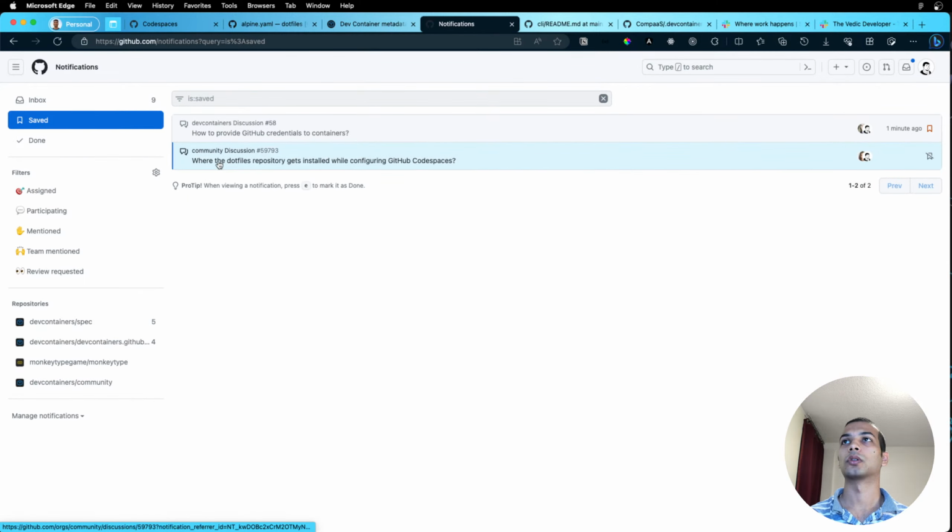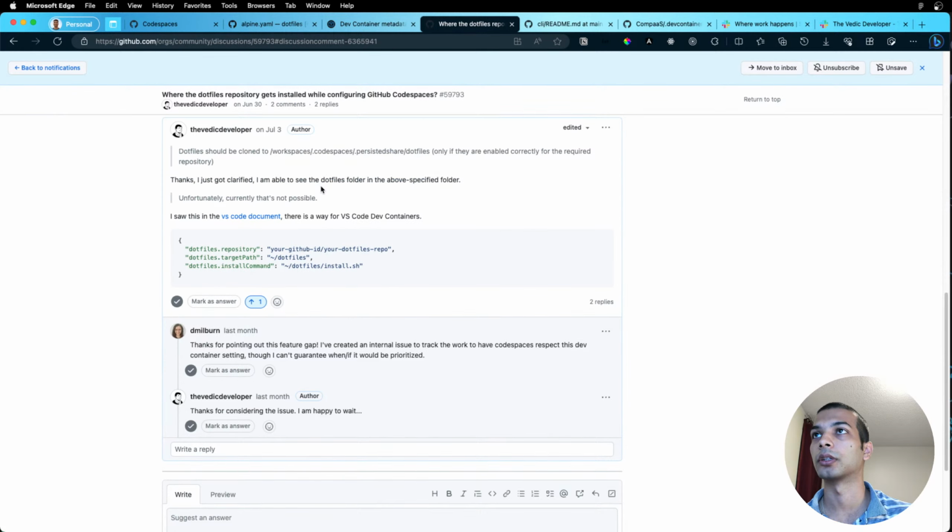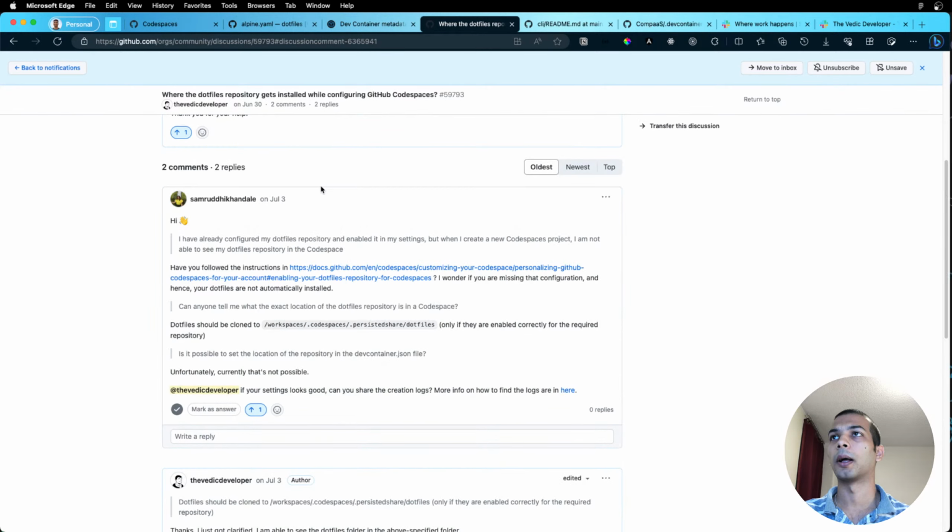Okay, so where the dot files repository gets installed, while configuring GitHub Codespaces, she has written that it's in the workspace slash codespaces slash persisted data, persisted share slash dotfiles. Okay, only if they are enabled correctly for the required repository. I know this. I know this. So whenever,